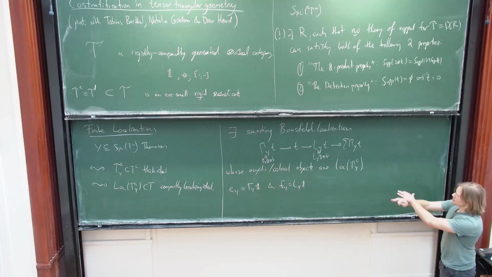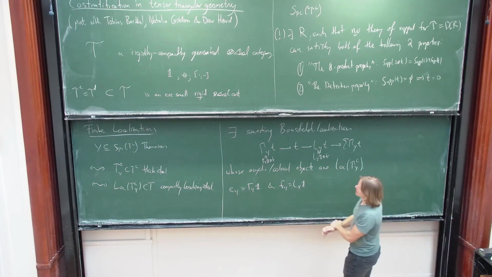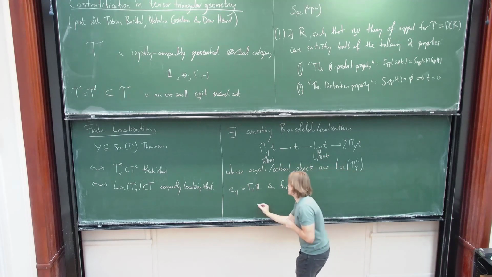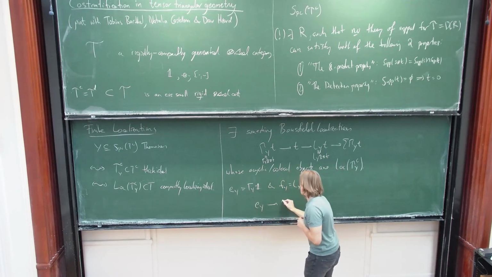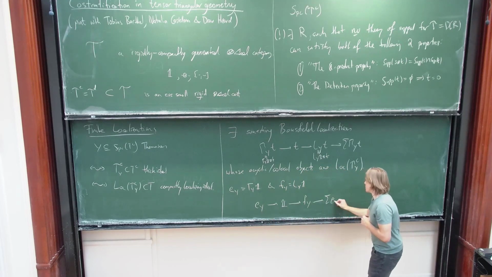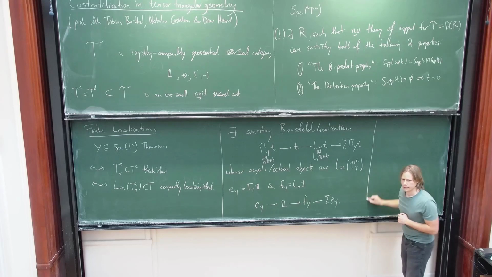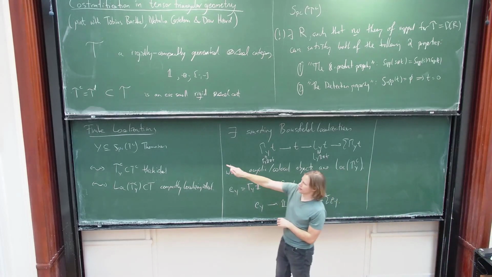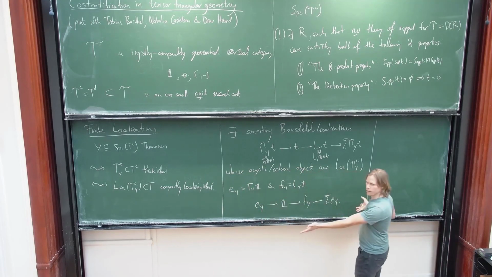Since it's smashing, you really just need to consider the localization sequence for the unit object, which is an exact triangle that takes the form E_Y, unit, F_Y, suspension E_Y. Okay, so to any Thomason subset of the Balmer spectrum of compact objects, there's an associated finite localization of the